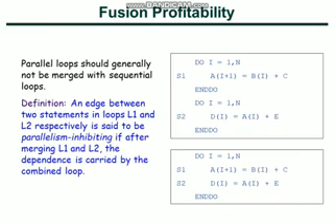Now next is fusion profitability. When you apply some technique, it is obvious that you want some profit after applying that optimization or transformation, profit in terms of CPU time. So after parallelization, you should be able to save some execution time. And if there are cases where after parallelization also you are not saving any execution time, then there is no meaning in applying that transformation, because that transformation itself is costly.